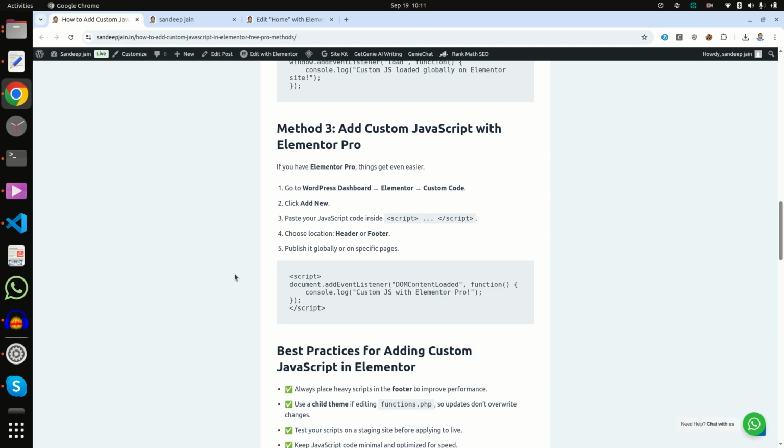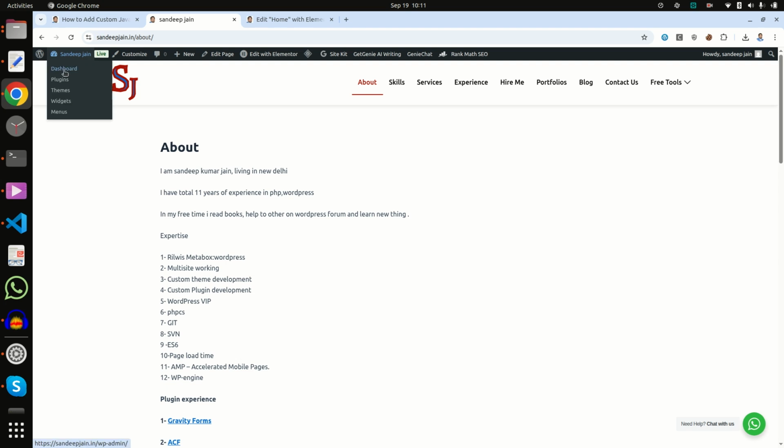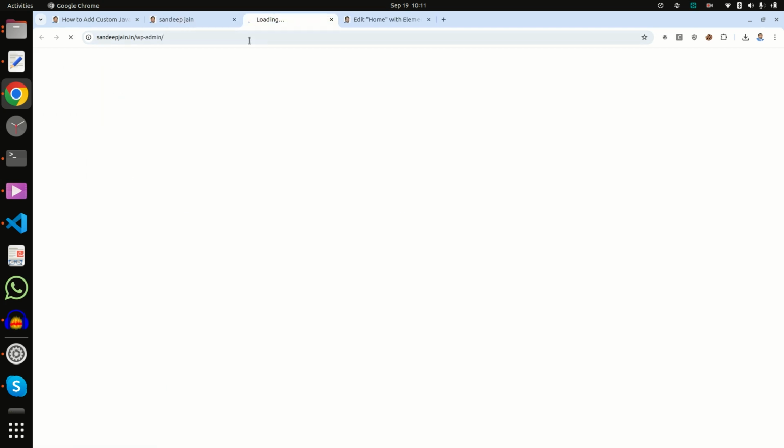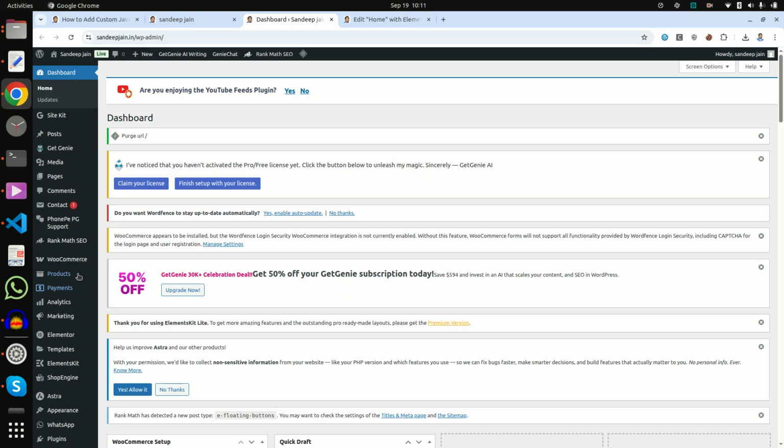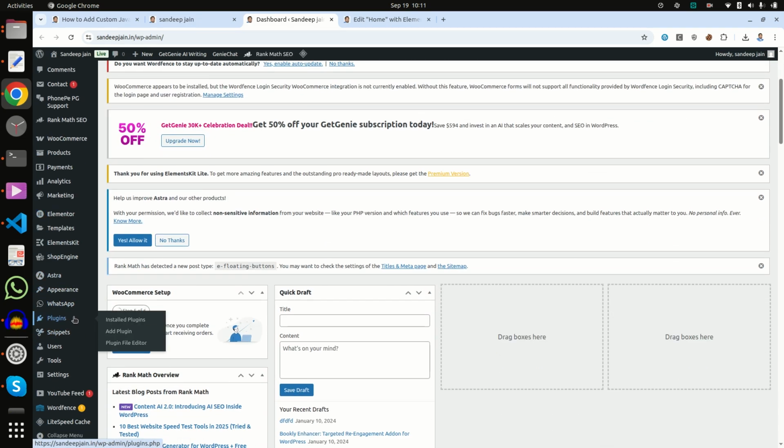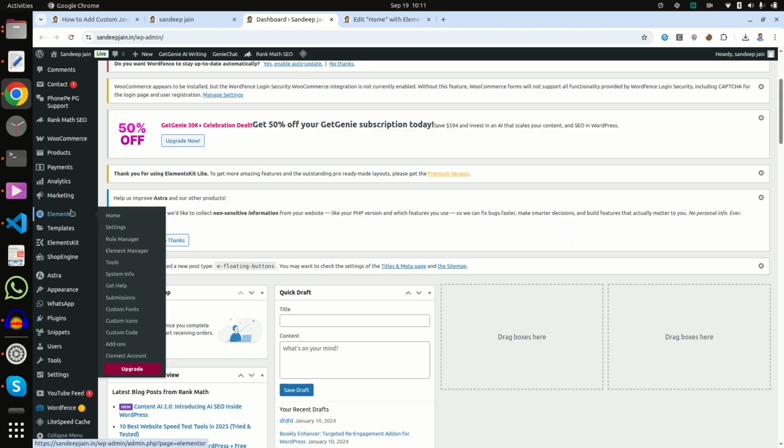And third method, add custom JavaScript with Elementor Pro. For this method you just go to the dashboard, go to Elementor and go to Custom Code.